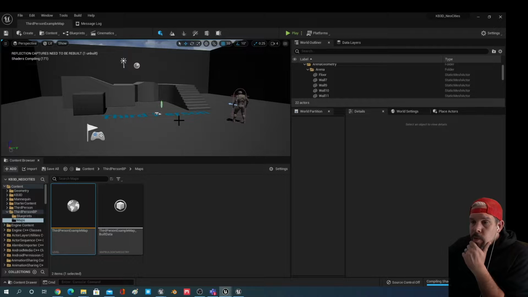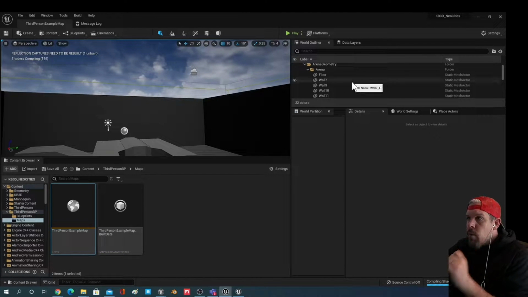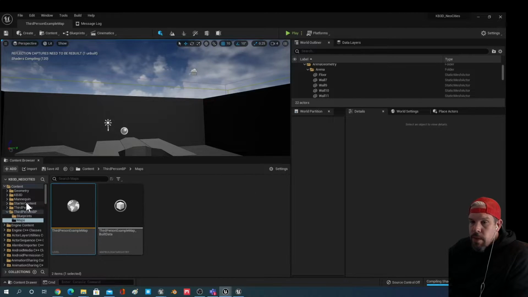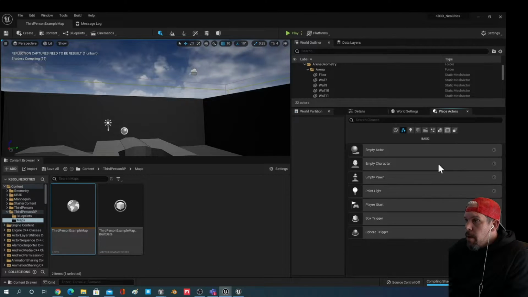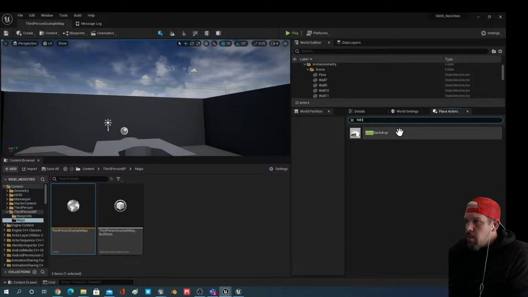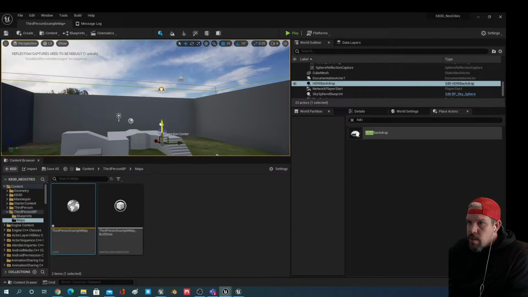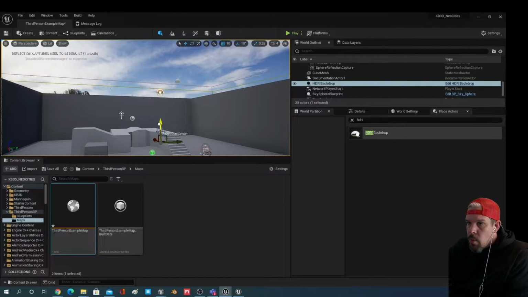That's cool. I guess while we're waiting, we can do a couple of things. We can go back to our place actors. We can look for that HDRI backdrop again. We can drag that into our level, and we can sort of just place this thing right